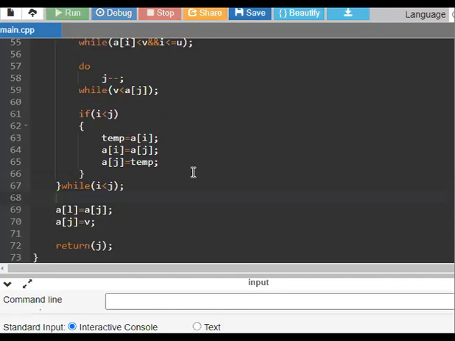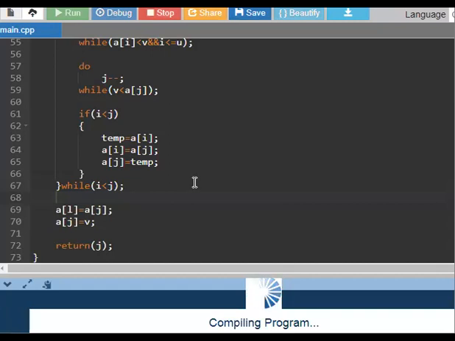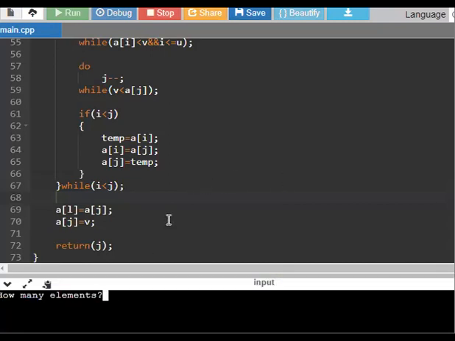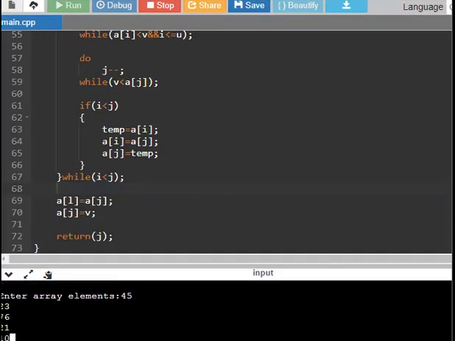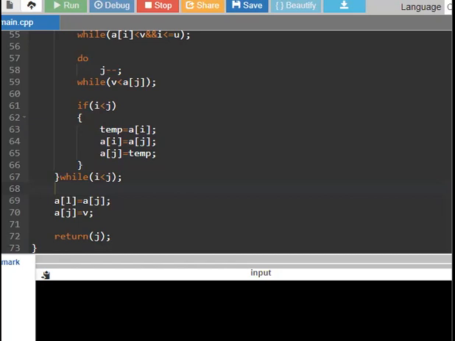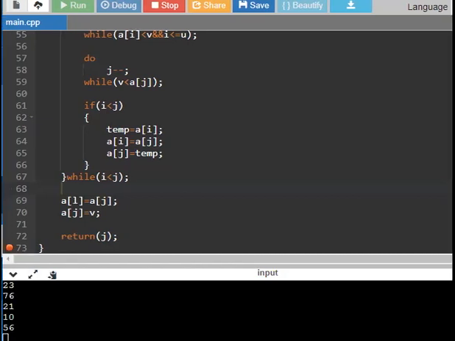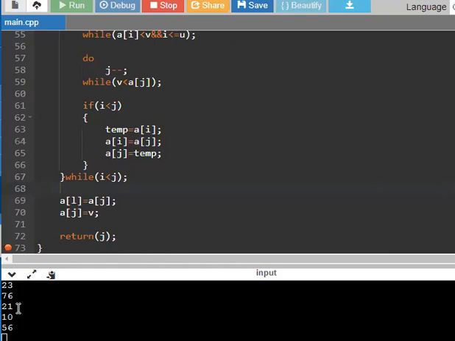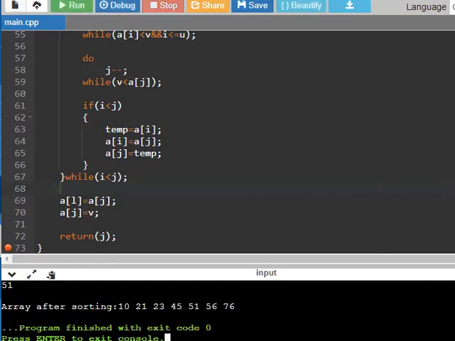Now we can compile the program to run. How many elements do we have to add? I will add 7 elements for sorting. The first element is 45, then 23, 76, 12, 10, 56, 51.